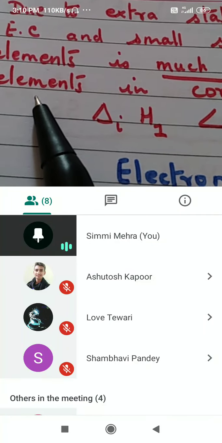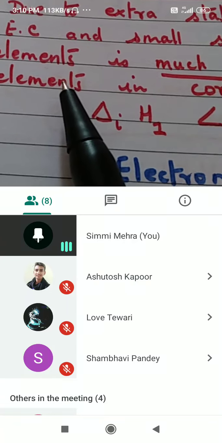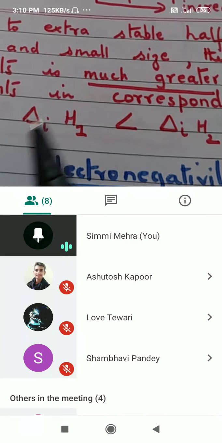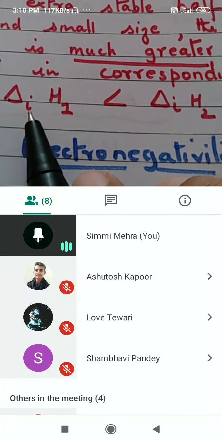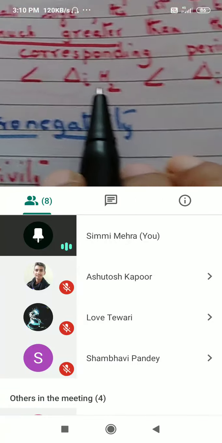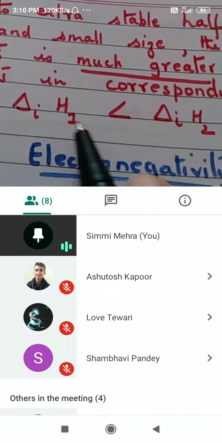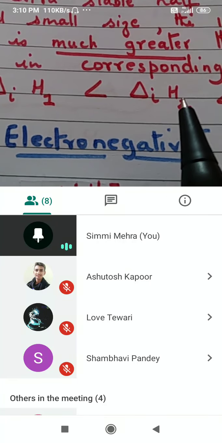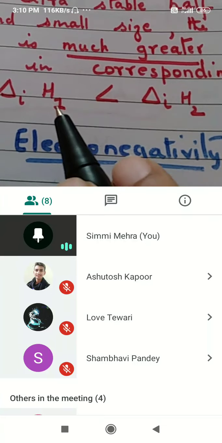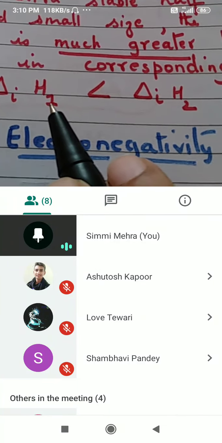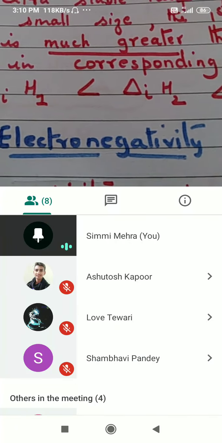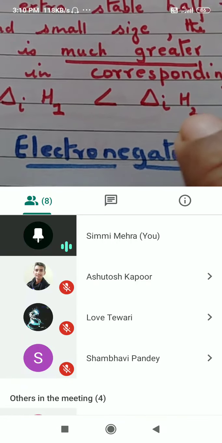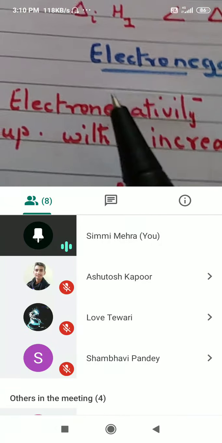Okay, now group 15 is going to be higher than group 14, but it is unexpectedly higher. Now what is this? First ionization enthalpy will be less than second, which will be less than third. That is in case of group 15 elements. If there are 3 electrons in the p orbital, if you are removing the first electron, the energy required will be less, second will be higher, third will be even more. This is the general trend. But if you compare it to group 14, comparatively their ionization enthalpy will be much higher.